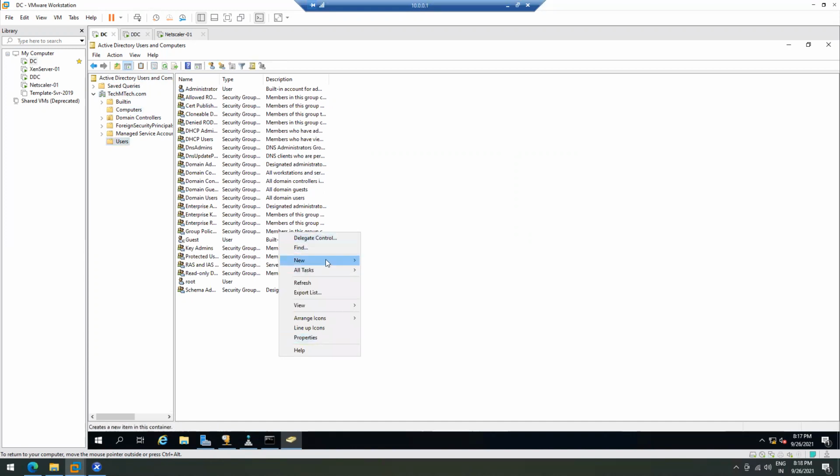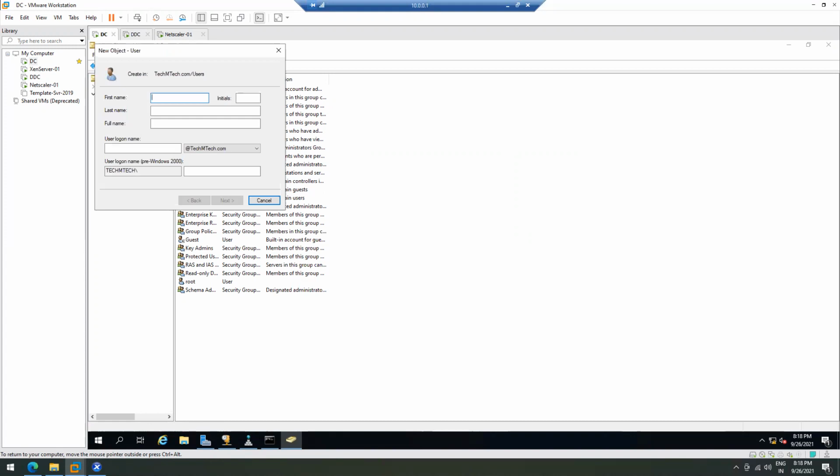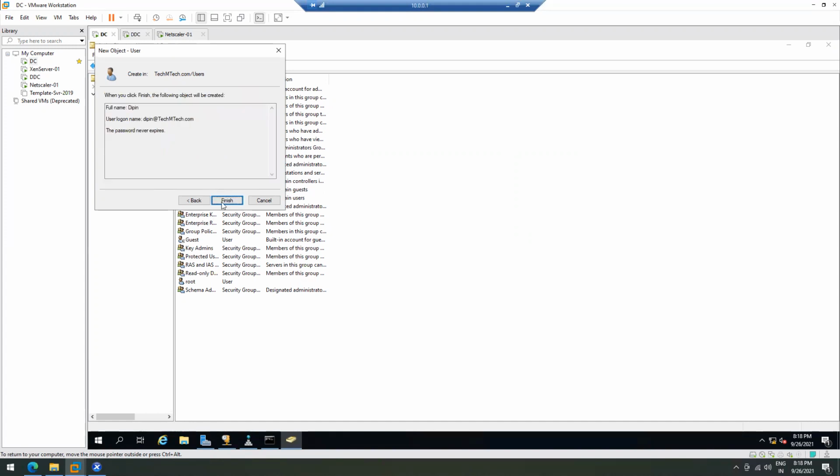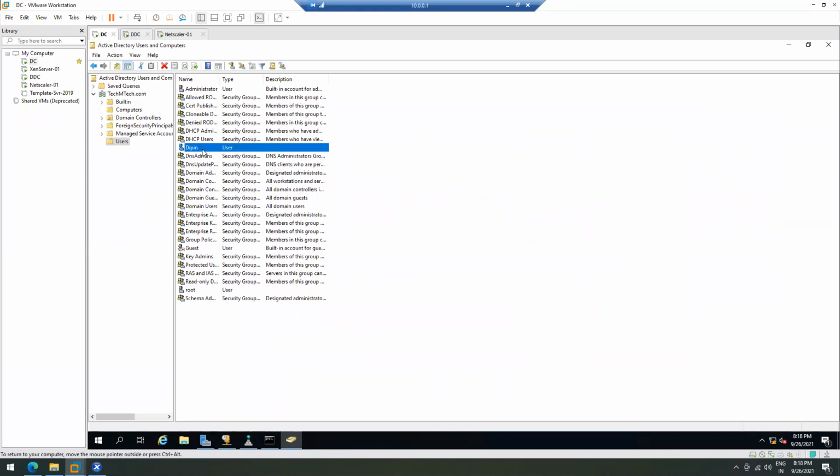Let's create one standard user and name it Dipin. I have just created one user, and I will allocate the machine catalog to this user only.